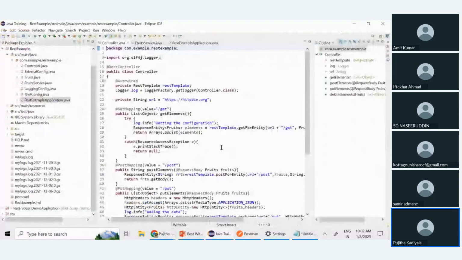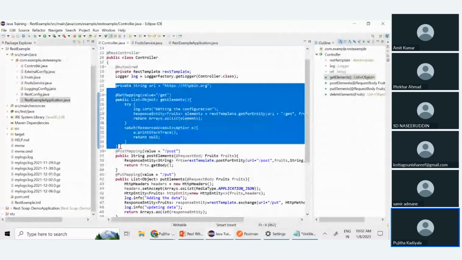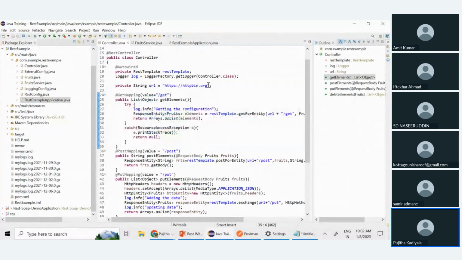So don't get confused with all this code. What you need to see is only this. I'll explain this part. Forget about the other things. So this is the server we are trying to access. This is actually a free request response server service. You can access this. I'll show you this website. If you want to try sample requests and responses, this is one such free, open service we can use. So this is the common URL which you have to use